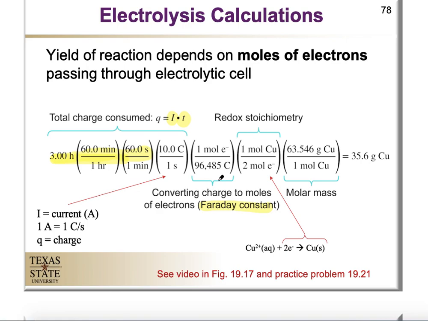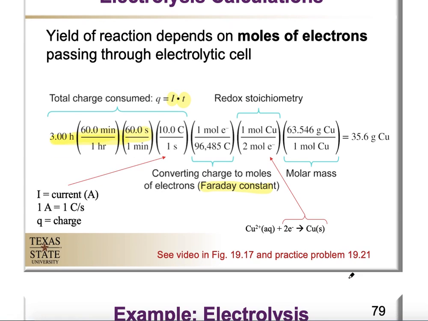right thing. So again, the steps are that you're first going to find the charge by multiplying the current against the time in seconds. Then you're going to convert those coulombs into moles of electrons by using Faraday's constant. Next, we're going to convert the moles of electrons into moles of metal by using the coefficients of the balanced chemical equation. And finally, you're going to convert the moles of that metal into grams by utilizing the molar mass. I recommend that you guys look at the video, which is in figure 19.17 of the book, and look at practice problem 19.21. Now, we're going to do a